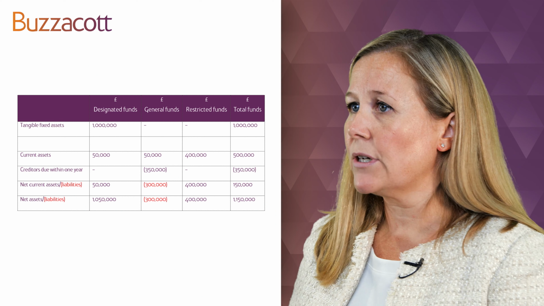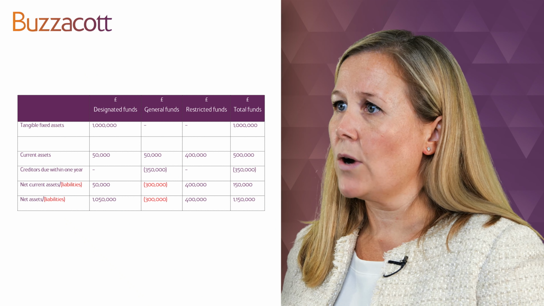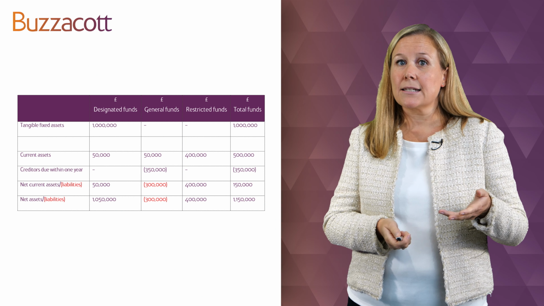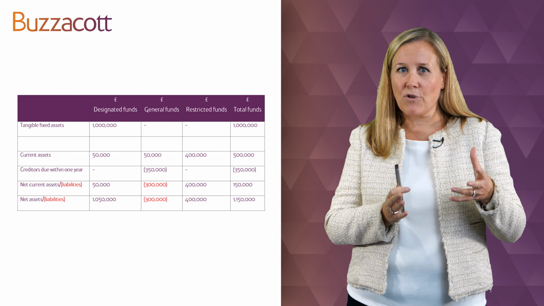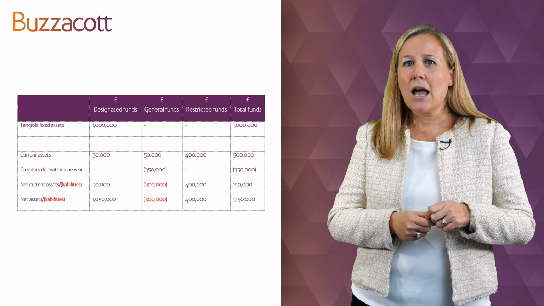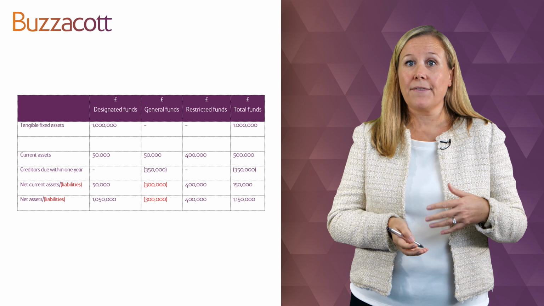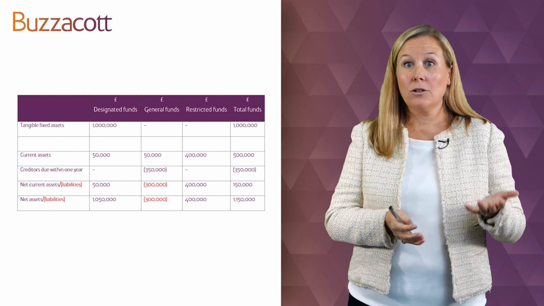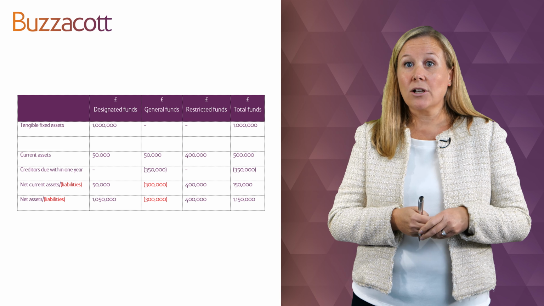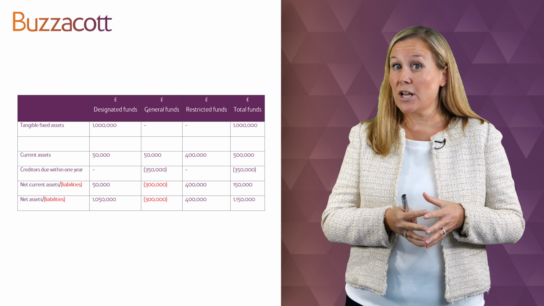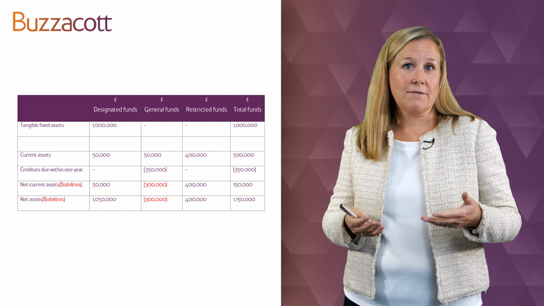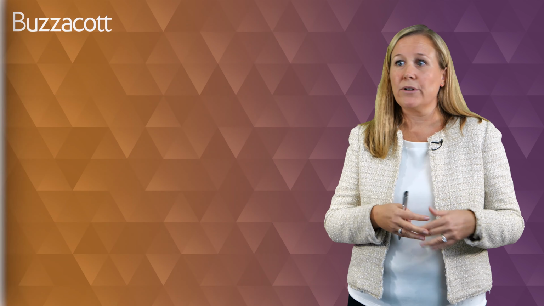So really taking restricted funds and fixed assets out of the equation. And here you can see there's a negative 300,000, and we've put it in red just to make it more obvious. And this means that, if you think about this charity's reserves, despite the fact that the first balance sheet that we looked at looked reasonably healthy, it's actually got quite a serious deficit problem on its general fund. And that's really the kind of thing that you would need to be digging a bit deeper into, asking a few more questions.